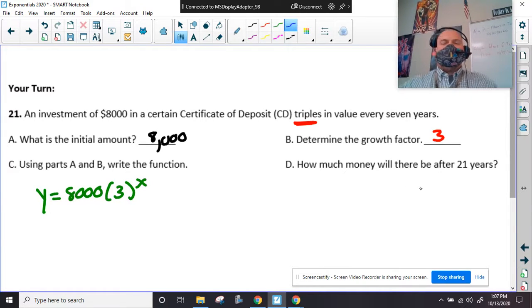Okay, why did it say what it would be after 21 years? Okay, yeah, so let's think about this. Every 7. So how many times? So first, before we can plug in x, we got to find it. So if it triples in value every 7 years, we actually have to divide 21 by 7 to get what? 3, because in 21 years, 7 years happens 3 times. So